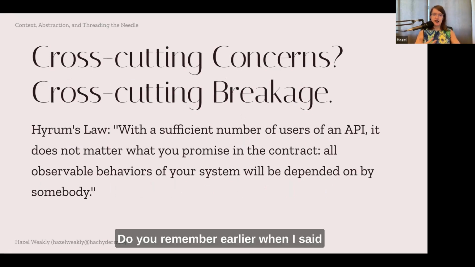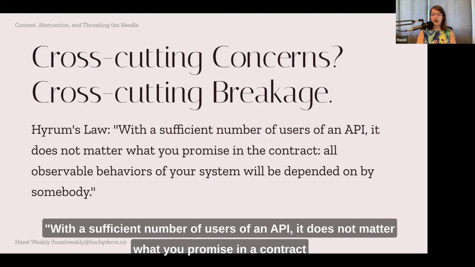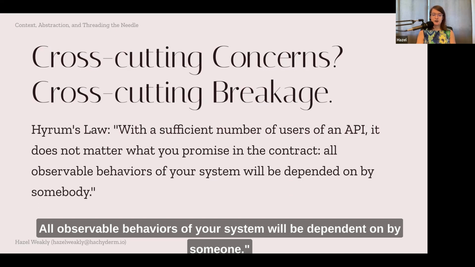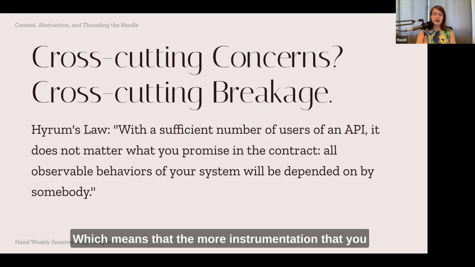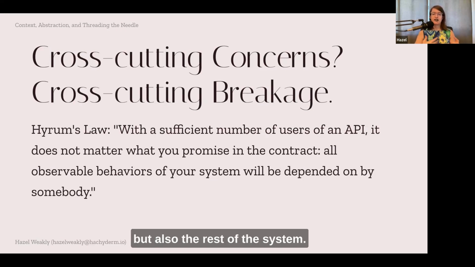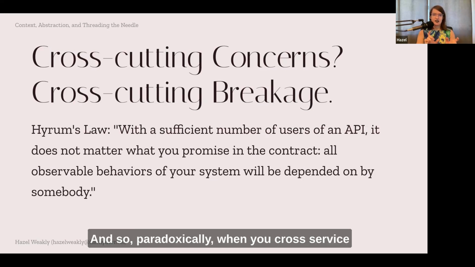Do you remember earlier when I said that context is about cross-cutting concerns? When you have a cross-cutting concern and you tie everything together, what you also have is cross-cutting breakage. Because one of my favorite laws out there is Hyrum's Law, which says that with a sufficient number of users of an API, it does not matter what you promise in a contract, all observable behaviors of your system will be dependent on by someone. Which means that the more instrumentation that you add into your system, the more things that you're adding that can be observed by yourself, but also the rest of the system. And so, paradoxically,